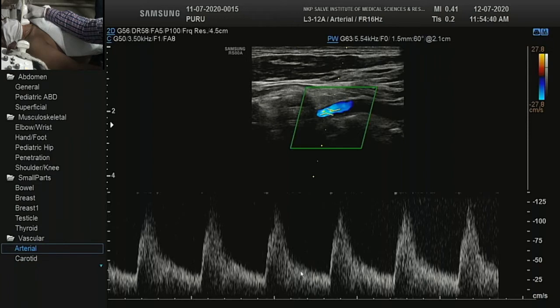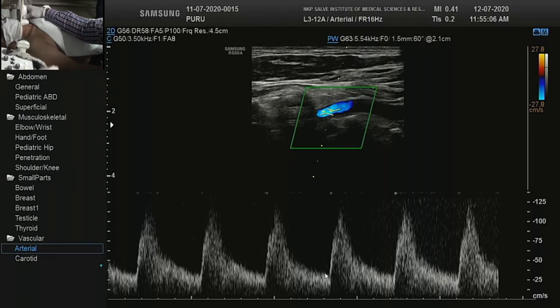Any appearance of notching in the vertebral artery, if you see any mid-systolic notch, a mid-systolic dip and again it is coming back, if this is coming to the baseline and coming back, or this is going into reversal and coming back, everything is abnormal. You must evaluate the subclavian artery flow, proximal and distal, and you should do an upper limb Doppler.